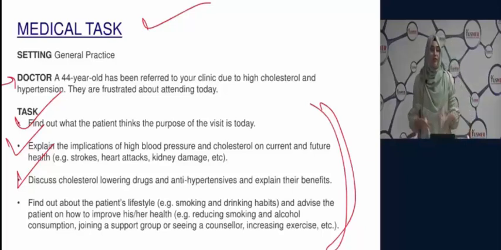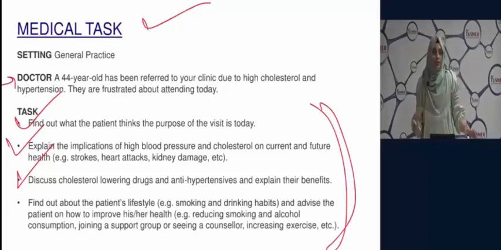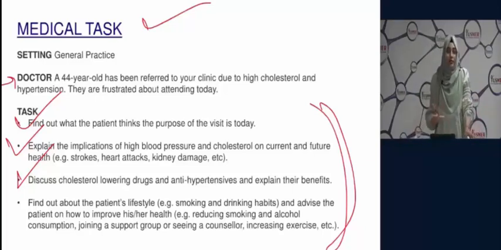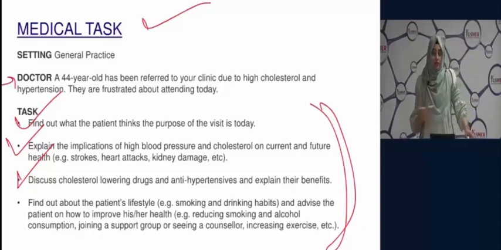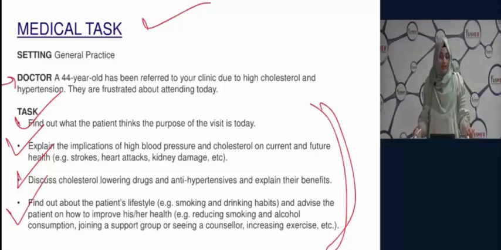So here, even if you don't know the details, you can talk about it. They won't judge you according to your medical knowledge, but they just need to see how fluently and easily you can talk about this. You just talk about the medicines, about cholesterol-lowering drugs, statins, antihypertensives, and why the patient should regularly take the medicines on time. And then the fourth bullet point, find out about the patient's lifestyle, for example smoking and drinking habits,